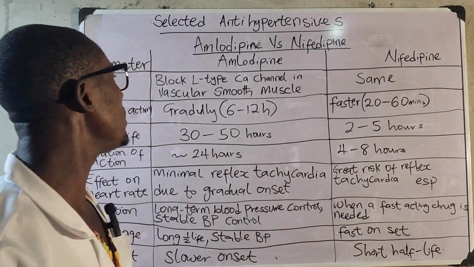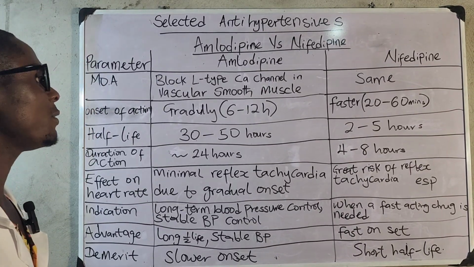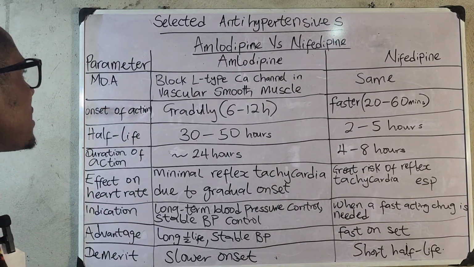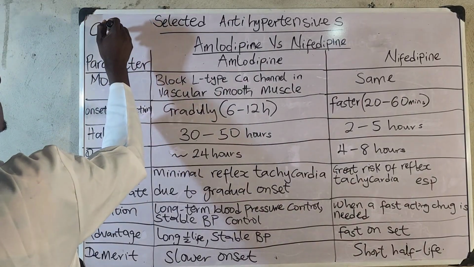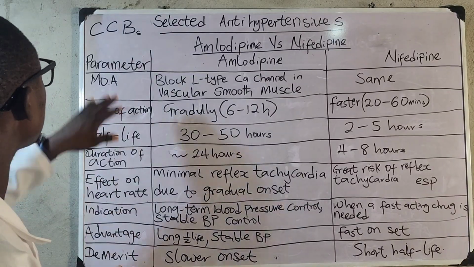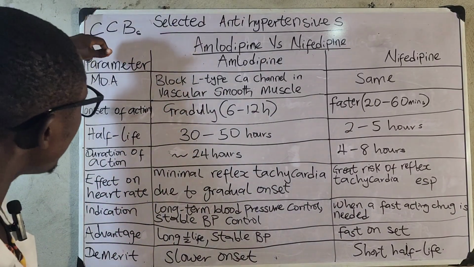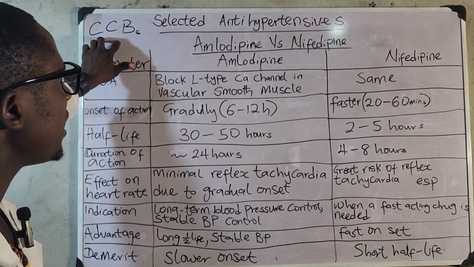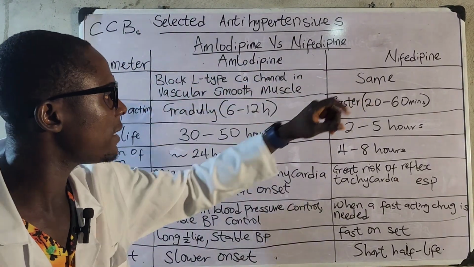Now let's dive into this amlodipine versus nifedipine. First thing first, by way of classification, they are classified under the antihypertensives called the calcium channel blockers, which are also known as CCBs. And under this classification, I'm talking about amlodipine and nifedipine, they are called